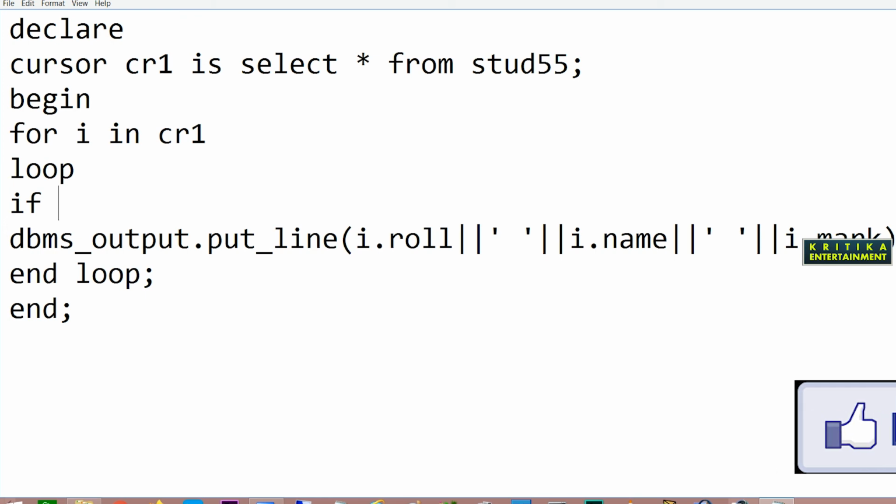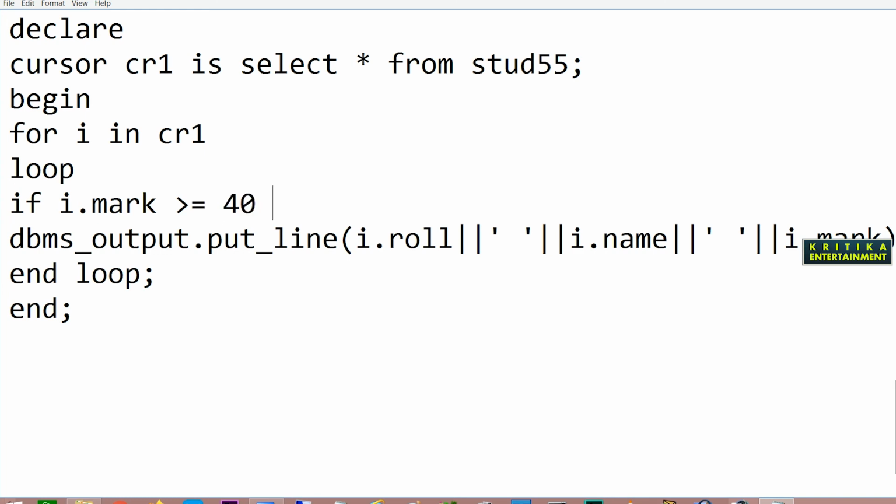So now here I will give the condition: if I.mark greater than or equal to 40, I want to display those marks. Then write end if here.